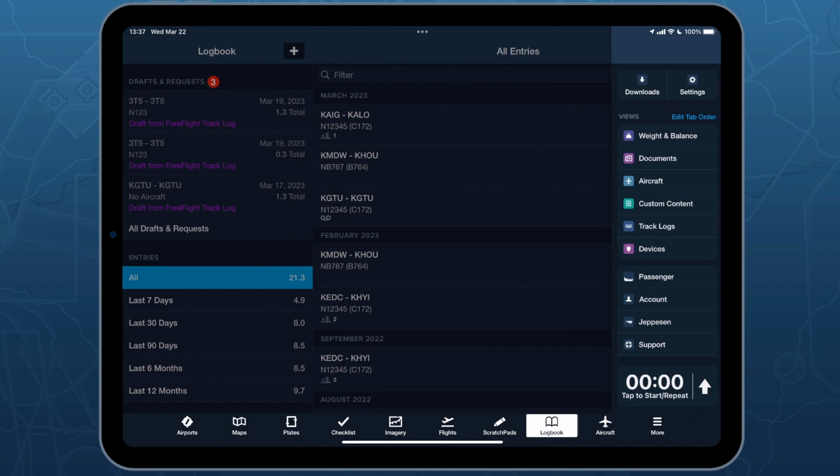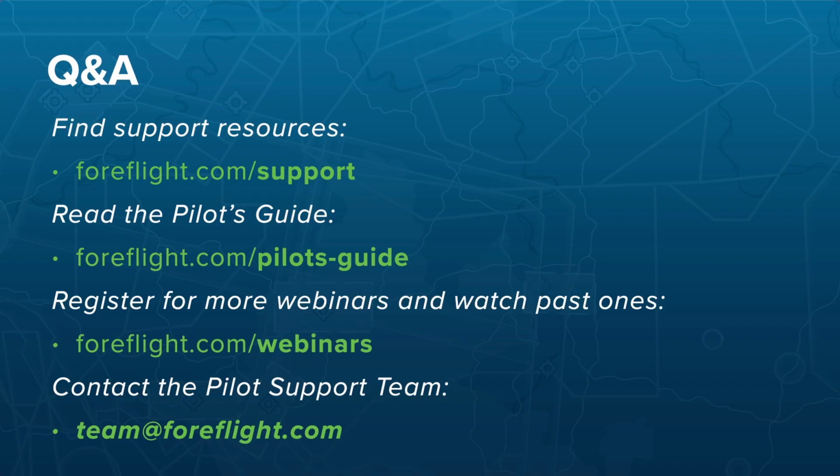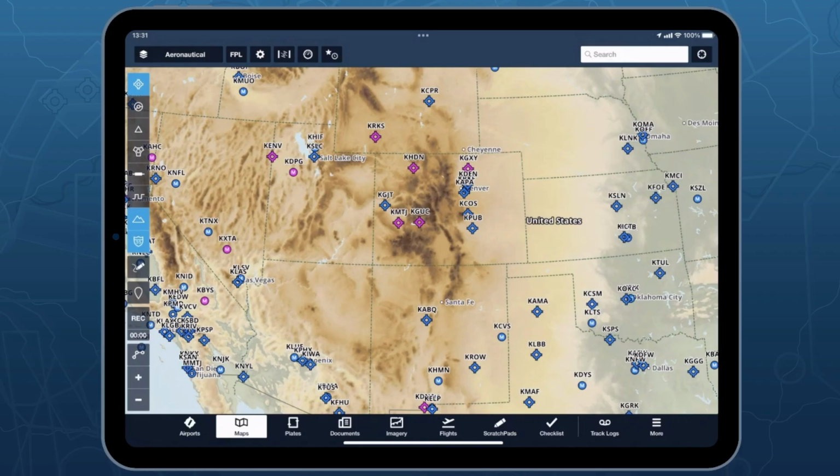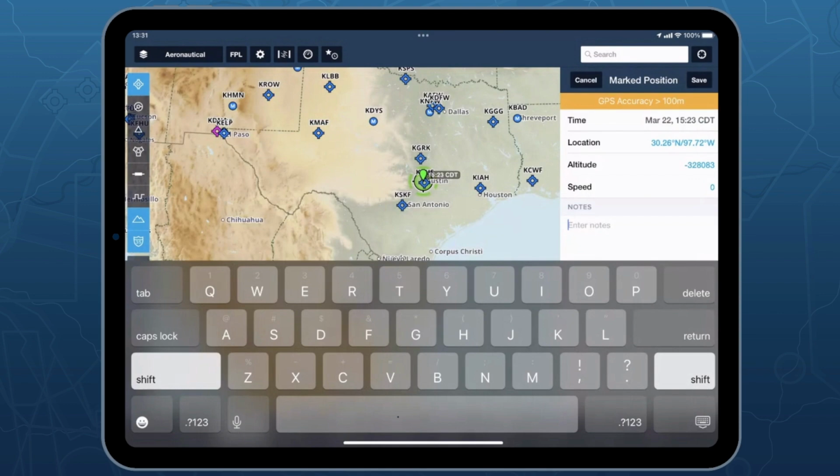Awesome. Yeah, definitely does. Two quick questions have just come in that I want to knock out really quickly. The first is, I have Performance Plus, so our highest subscription plan, and I don't have the marked positions button, that feature that we talked about earlier. So I'm going to show my iPad one more time. Again, this is that button right there on the right side that marks your coordinates, altitude, speed,